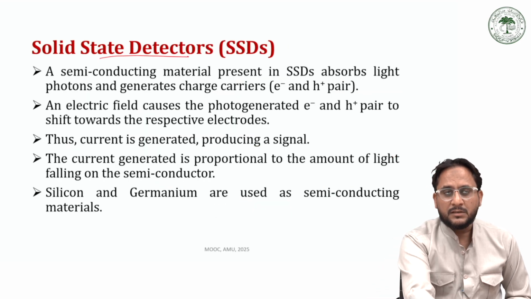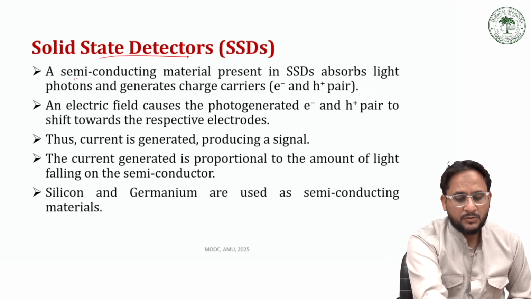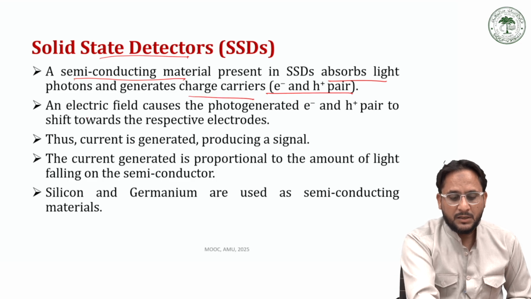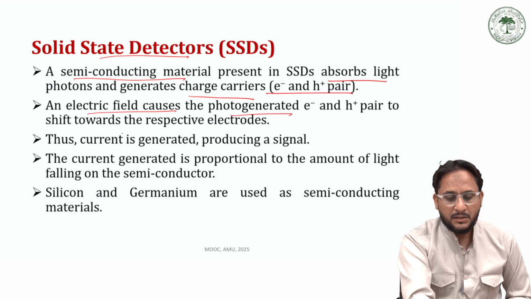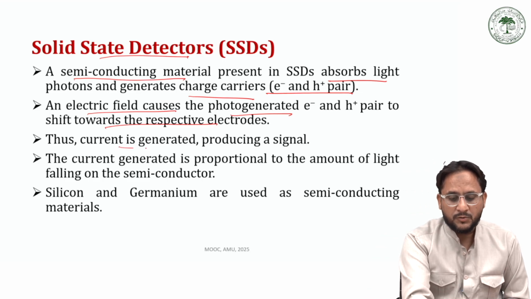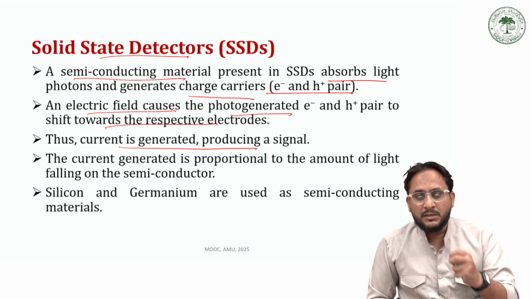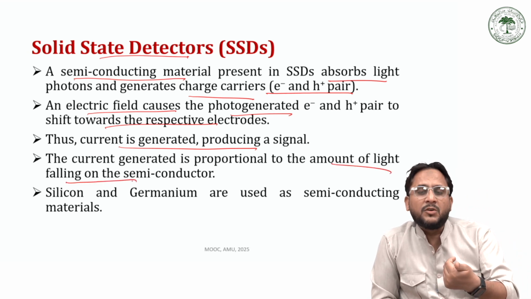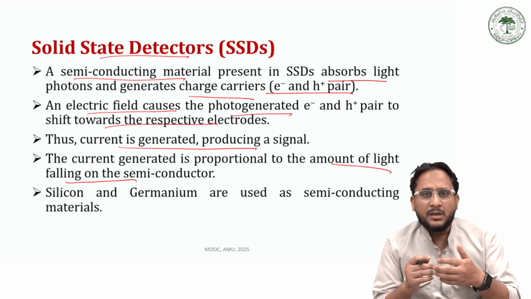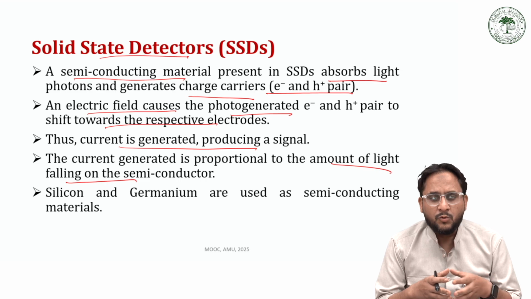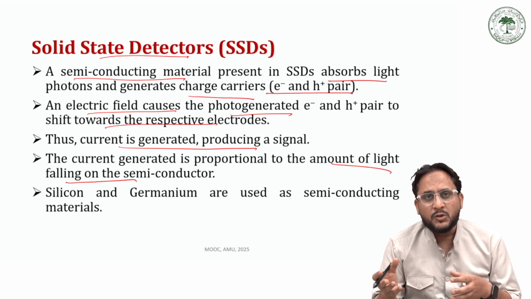Again, we have a solid state array detector. Just in a nutshell, they use semiconducting materials. When they absorb light radiation, they create electron hole pairs, which are called charge carriers. An electric field is generated, and these electron hole pairs move towards the respective electrodes, producing a current signal. The current generated is proportional to the amount of light, because the amount of light controls the number of electron hole pairs. If the intensity of light falling on the semiconducting crystal is more, of course there will be more electron and hole pairs,